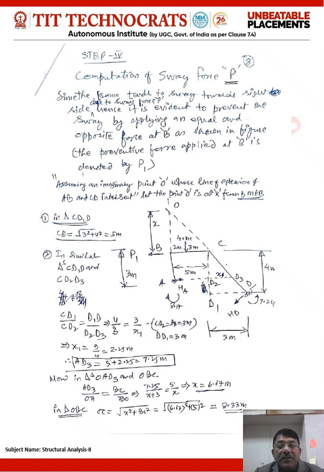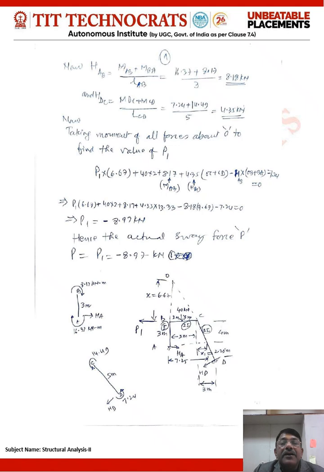Again apply the property of similar triangles to find the value of OC, like this. So then the total horizontal reaction at A you can compute as per the previous learning, and the reaction at D you can find the value. Alright. So to find out the sway force P1, we can take moment about O of all the